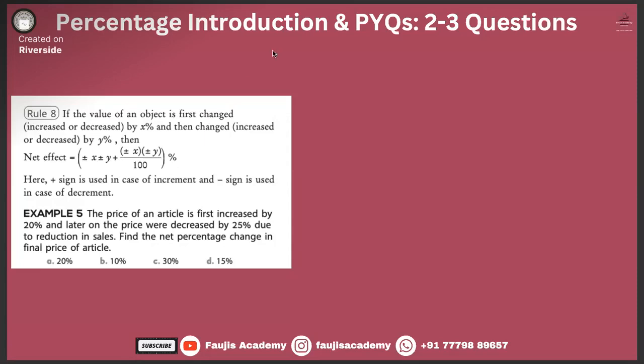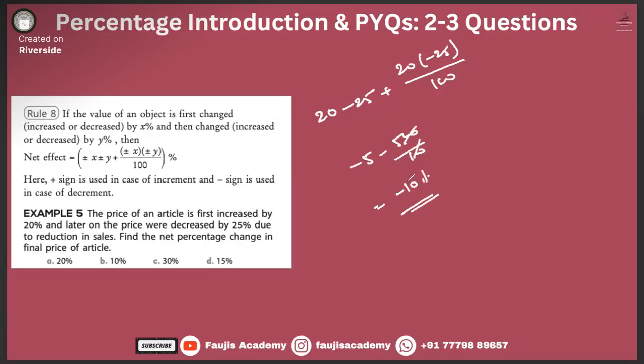The price of an article is increased by 20%. Let's just take it formula wise. 20% means X is equal to 20. And then it has decreased by 25%, so Y is minus 25. X plus Y plus XY divided by 100: 20 minus 25 divided by 100. How much is that? Minus 5. And minus 500 divided by 100 is minus 10. So basically minus 10